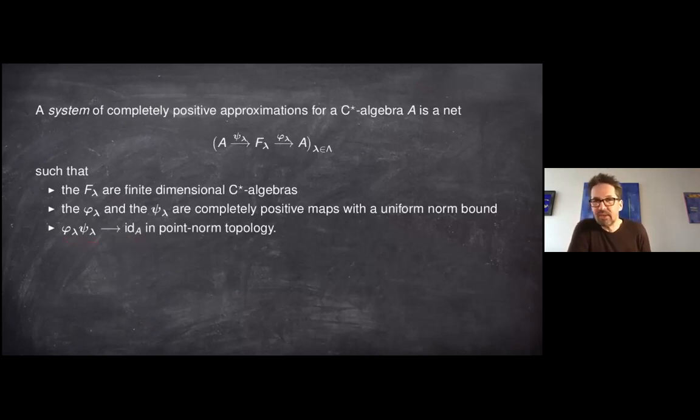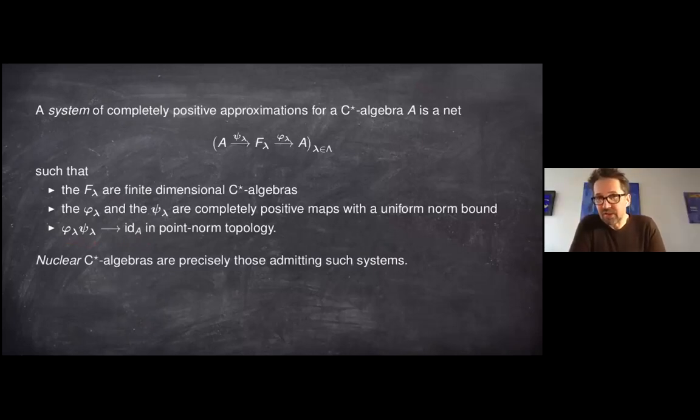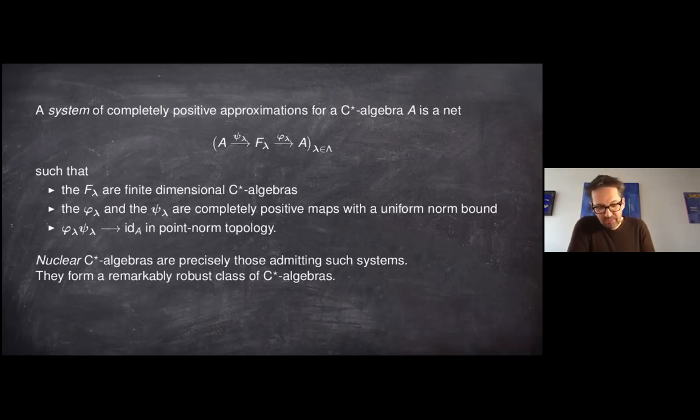Okay, so this is a system of approximations through finite dimensional C-star algebras, and the class of C-star algebras which admits such approximations is called nuclear C-star algebras. There are equivalent characterizations of nuclearity, and this is closely related to the notion of amenability for groups, or groupoids, if you like. Okay, and just to remind you of a few remarkable facts about nuclear C-star algebras,